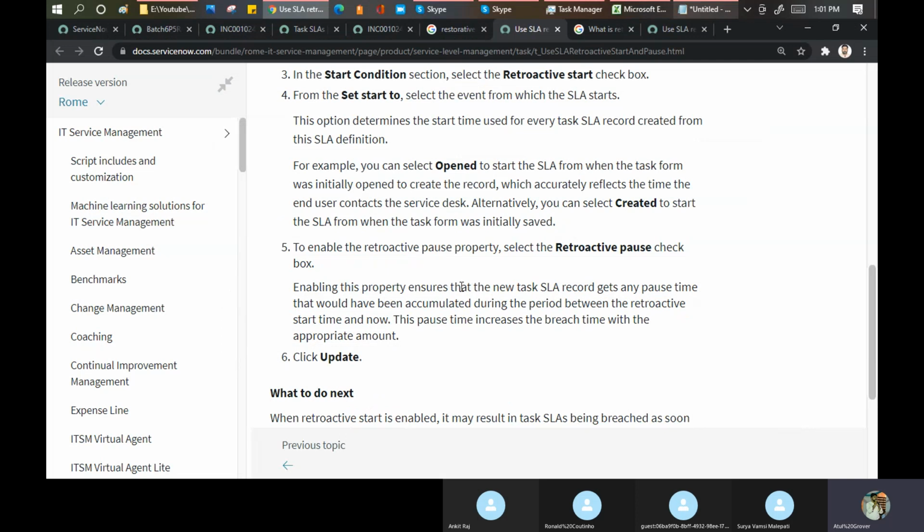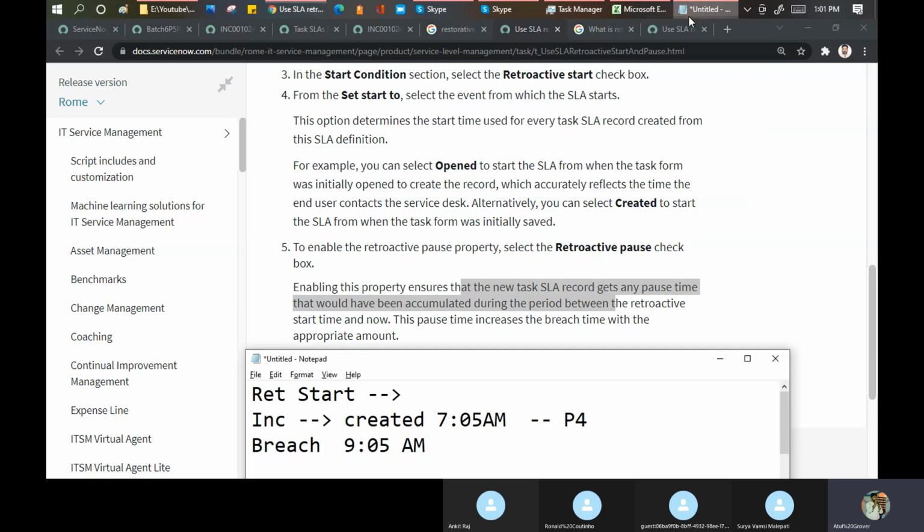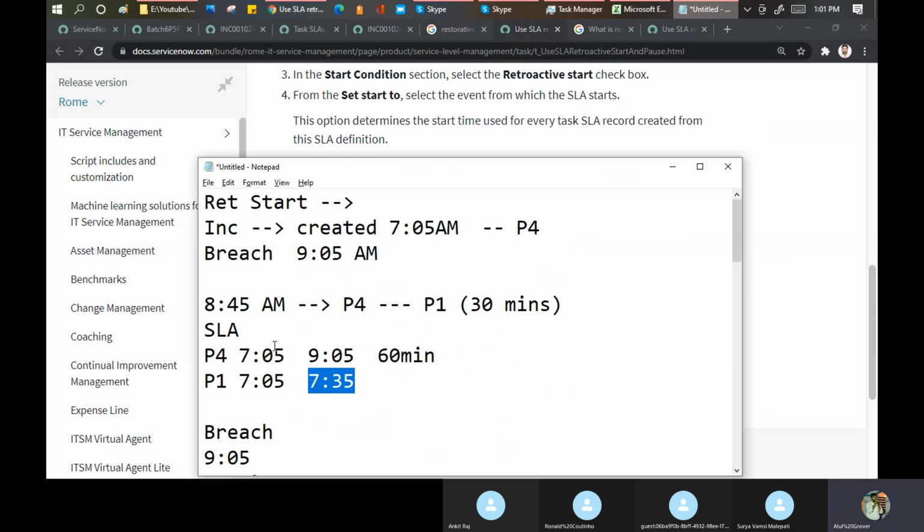Enabling this property ensures that the new task SLA record gets any pause time that would have been accumulated during the period between the retroactive start and now. मतलब कि जब आपने इंसिडेंट क्रिएट किया और जब आपने रेट्रोएक्टिव स्टार्ट किया उसके बीच में, if in that time you have any pause timing, it should be added into this area only. So now logically, 8:05 is the breach time, not 7:35.